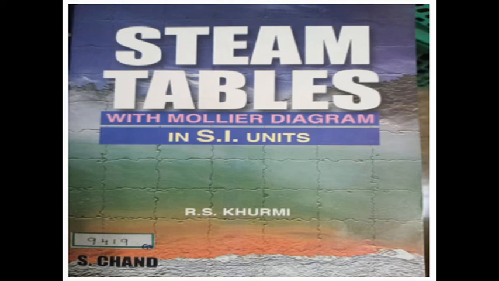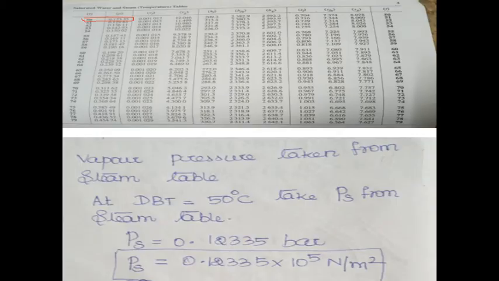One additional piece of information: the steam table will be provided during the examination. This is the steam table. First column temperature, second column pressure, third column specific volume for liquid and gas, fourth column specific enthalpy for liquid, gas and vaporization data, fifth column specific entropy for liquid, gas and vaporization data. The last column is also temperature. Are you clear? Okay, this is the steam table.